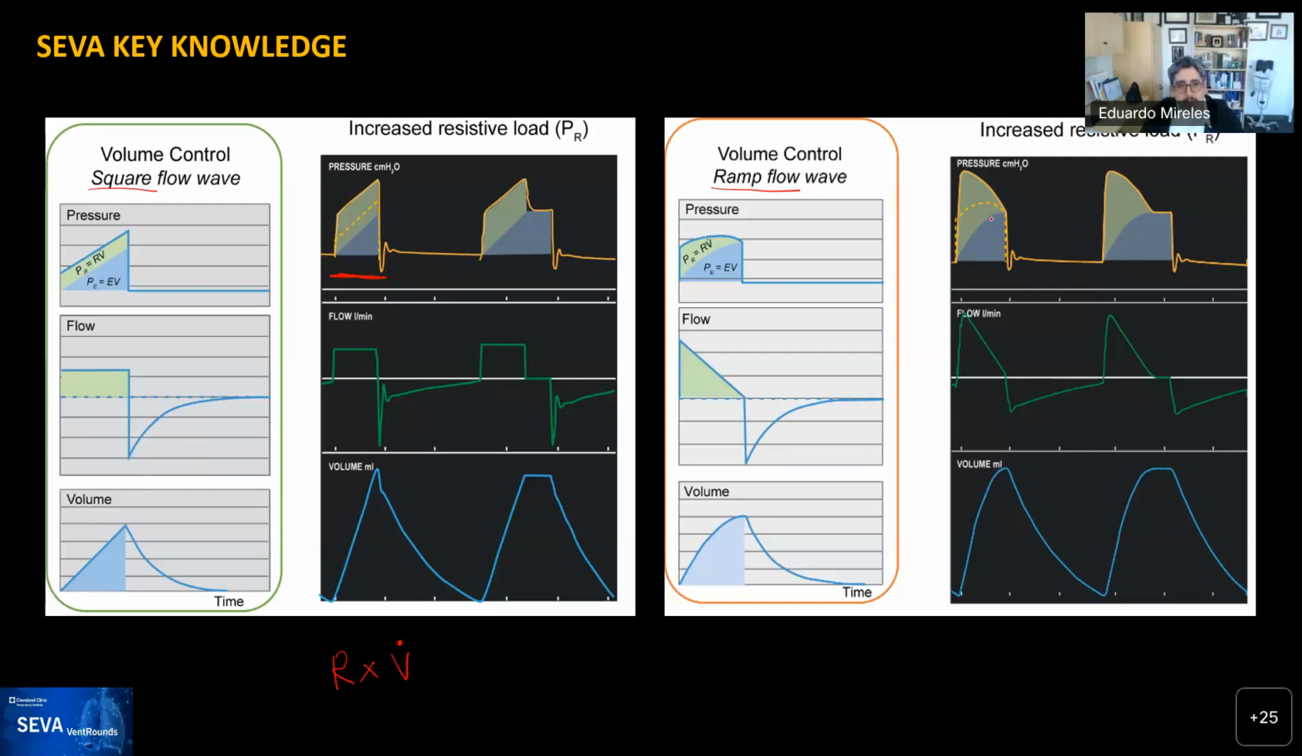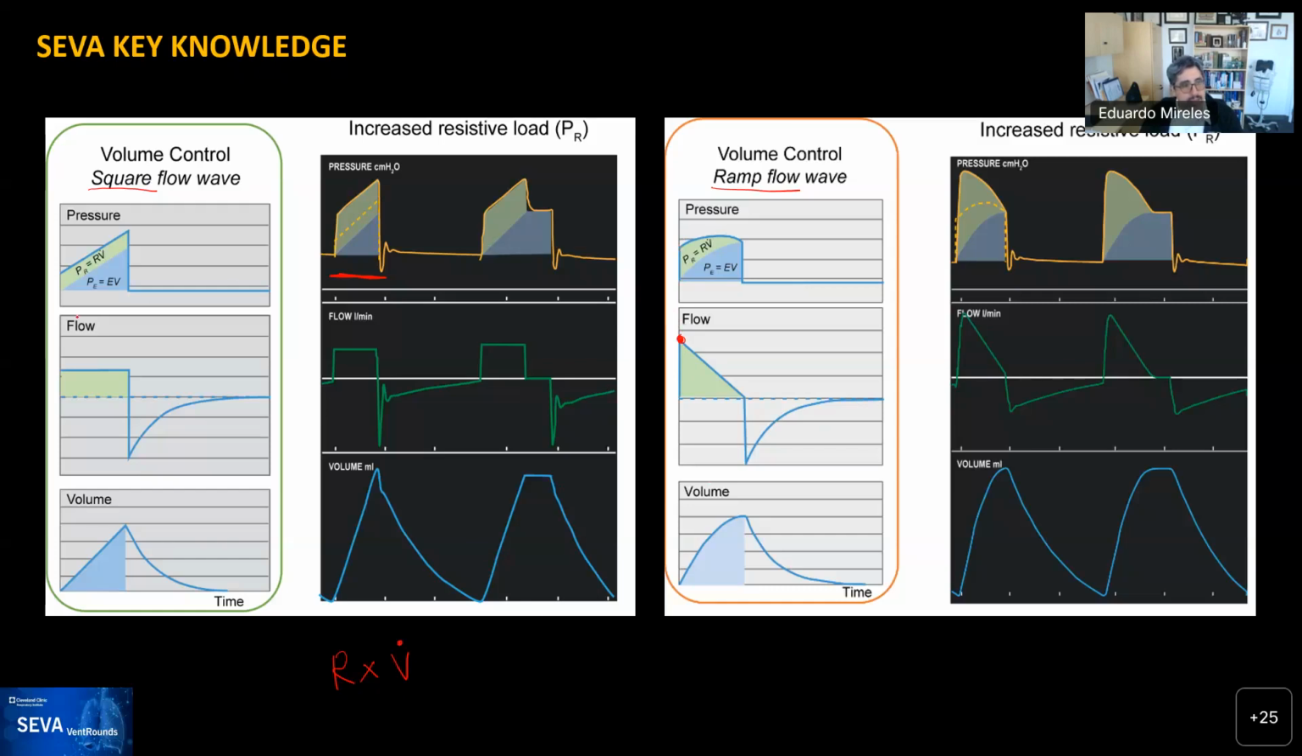If we go to volume control with a ramp flow, the maximum flow is at the beginning of the breath. So you set the maximum flow to happen at the beginning, which means if we recognize the resistive load as a manifestation of flow times resistance, at the beginning the resistive load is going to be the maximum, and you can see here as the system pressurizes, with the resistance and the high flow, you see a rapid